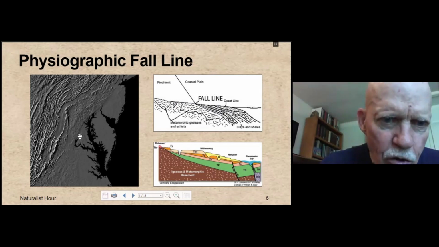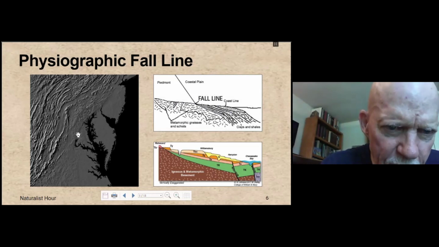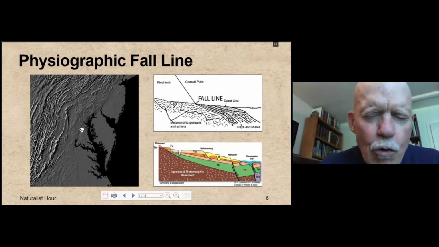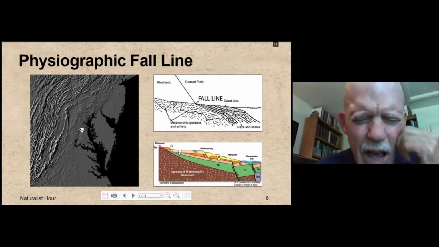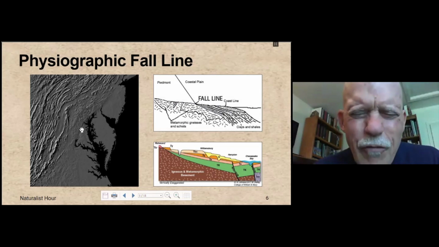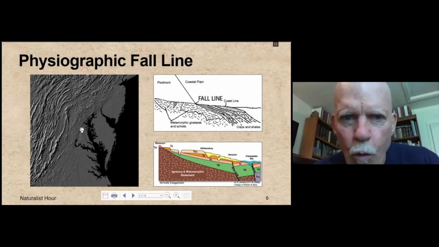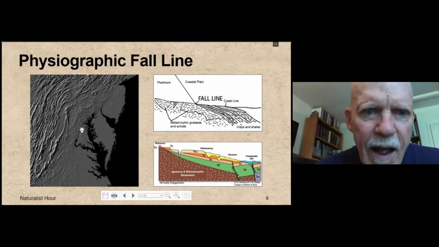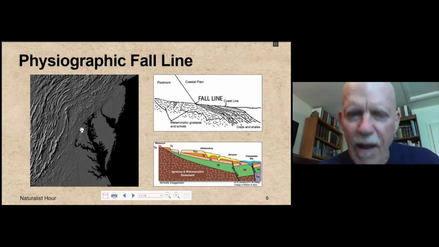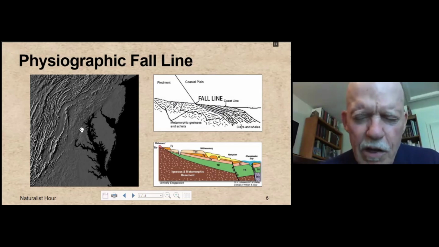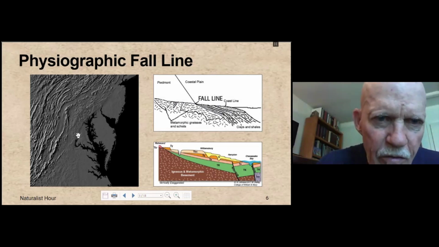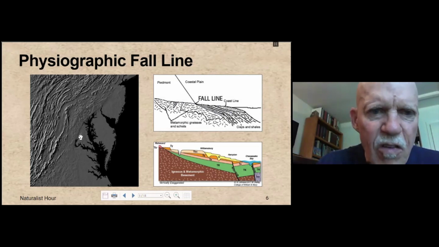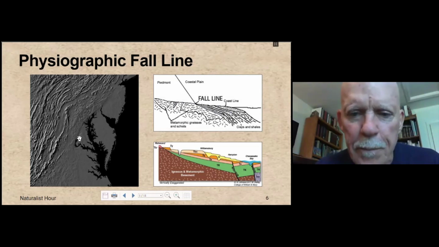Whereas if we go to Washington, D.C., right in about here somewhere, if you're standing on Theodore Roosevelt Island, or actually if you're standing say at Iwo Jima, if you look out, you will see high areas to your north, east, and west, no matter where you look. And that's because, again, of that uplift of the coastal plain material that obscures the topographic difference through the central part of Maryland here. Okay.